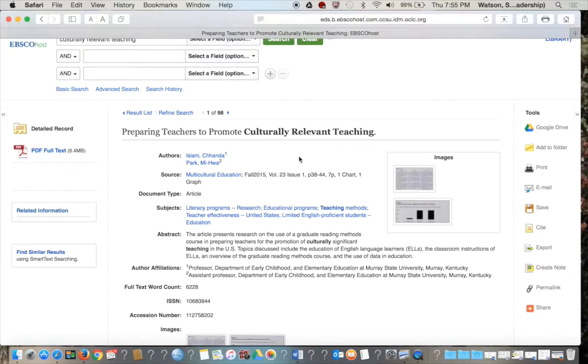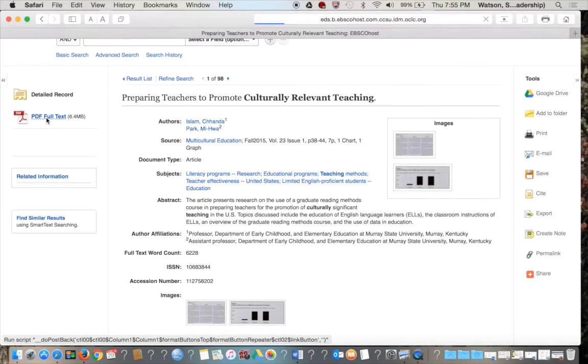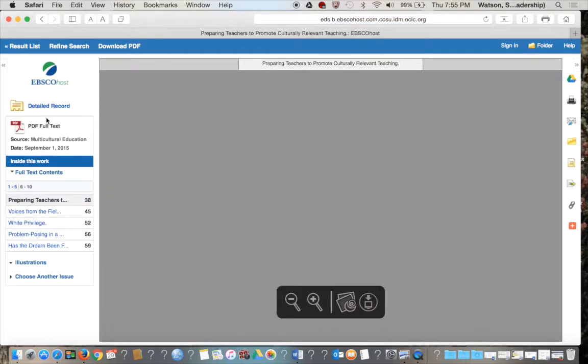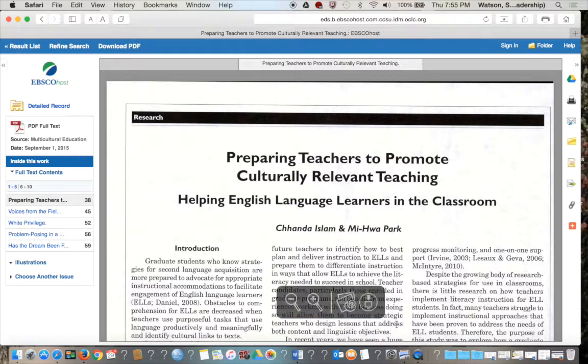And if you decide you want an article, you can simply click on the full text link and it'll come up, and you can save it in whatever way your computer saves it. For me, it's just right down here. Click on that to download it on my Mac, and then you've got the article. However,